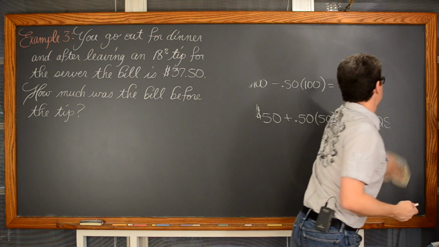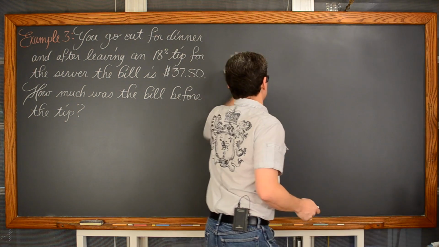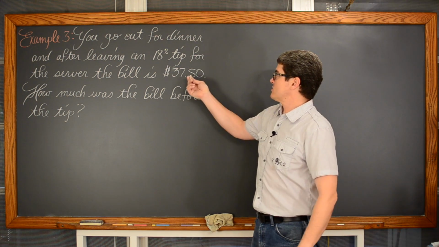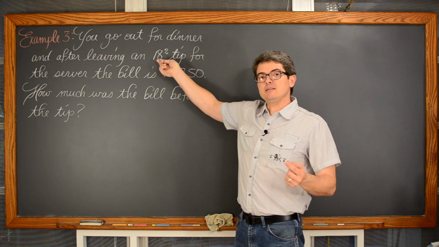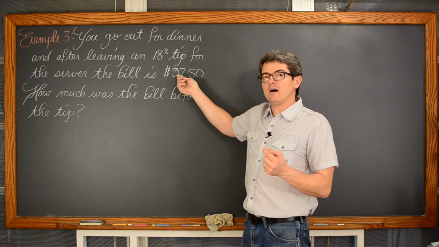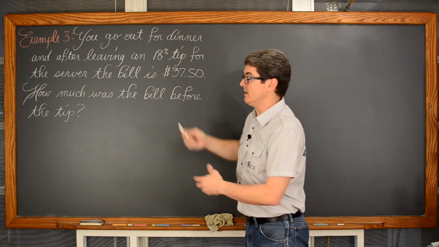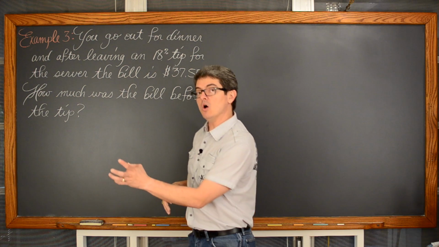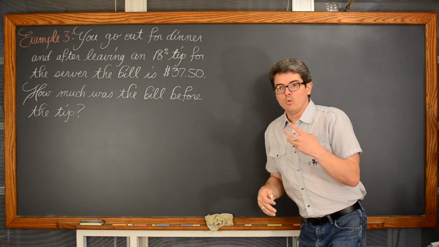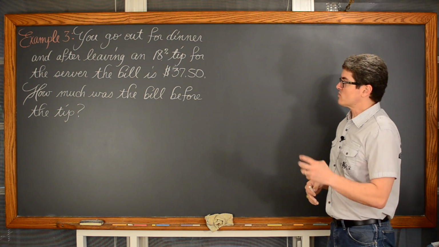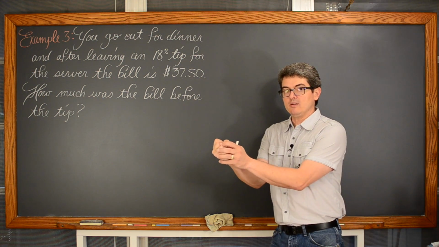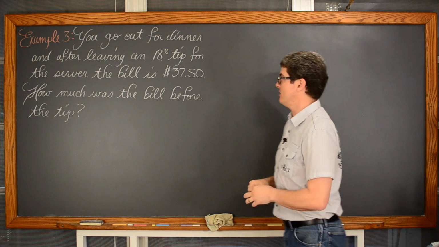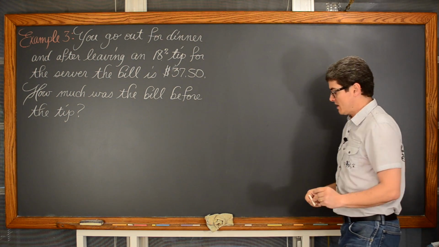Okay? So what I'm trying to say here in a long-winded way to maybe clarify things for you a little bit, I can't just take $37.50 and subtract 18% because that's a larger value than what the bill was originally. So if I were to take 18% off of $37.50, I would actually get below what the bill actually was. Because we're taking, really, how does this work? You have a small bill and you add 18% to it. So you're taking 18% of a smaller original value. Okay, so enough talking. Let's get to the work.